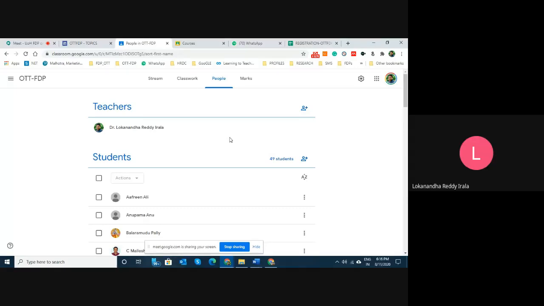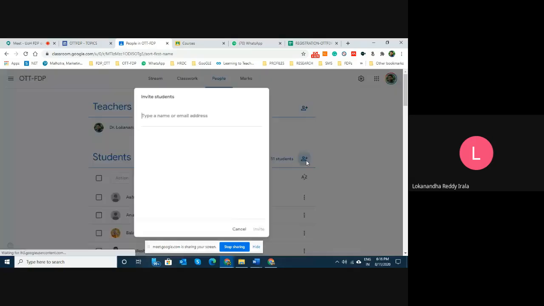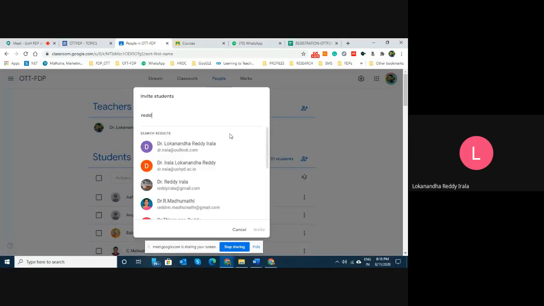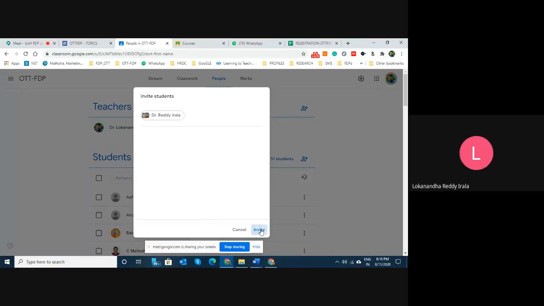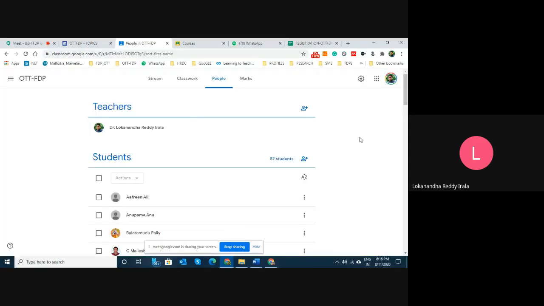So now I think I can't invite all of you because of the number restriction. Only thing is, you all should now exercise that option of joining through the code. As Murugan is saying that it will accept up to 249, I think it should be fine. We are about 200 and odd in number. But I'll add my own mail ID so that I'll play both the roles. I'll just show you, if you are inviting this way, what is happening.